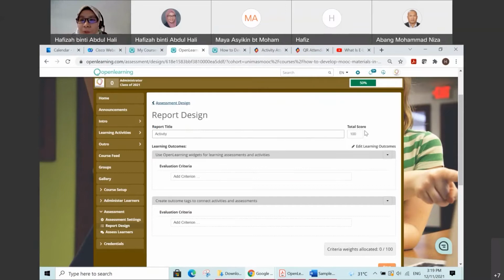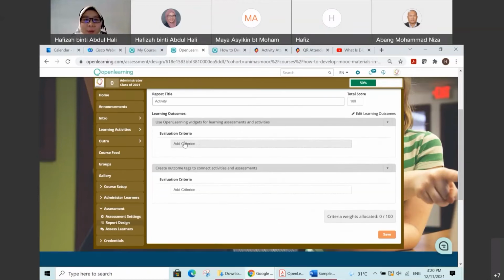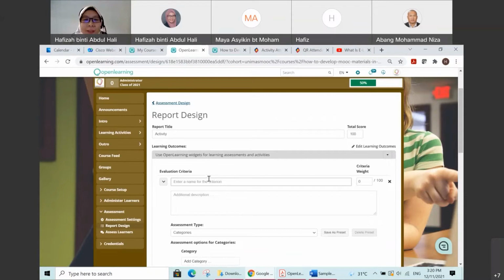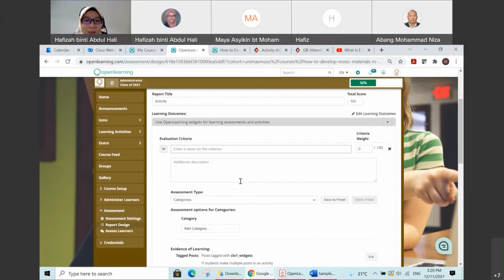So total score 100%. Okay, for now 100%, yeah. And then you can see here, dia dah mention that we have 2 learning outcomes. First, use OpenLearning widgets, and the second one is create outcome text. So for the first LO, you can edit, right? So enter a name for the criterion here. So for evaluation, maybe for the first one, I would mention about